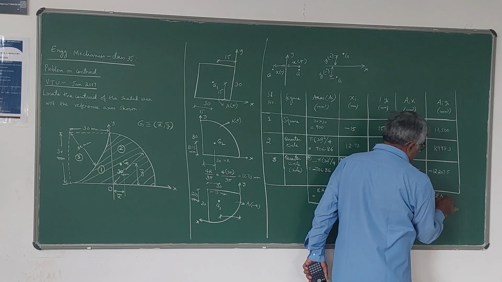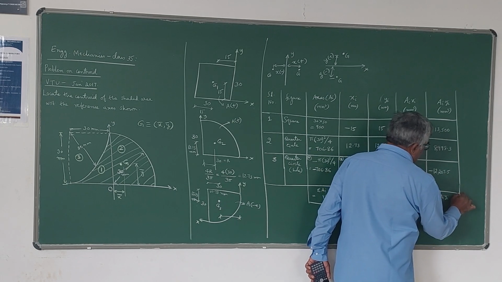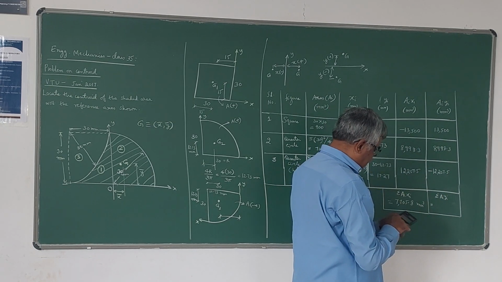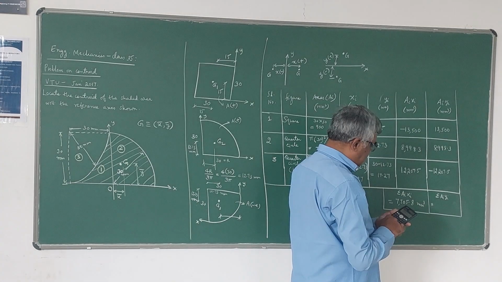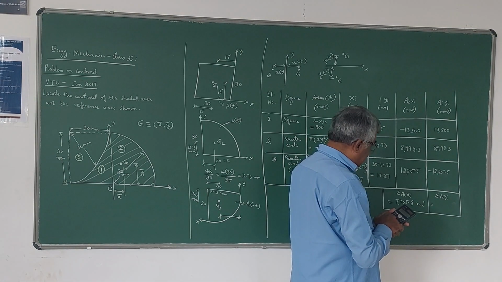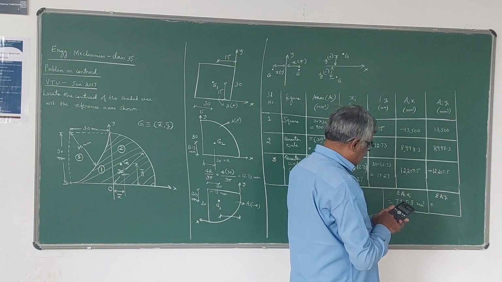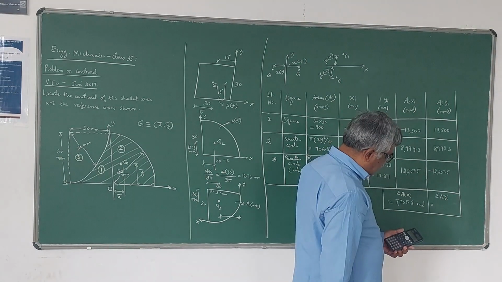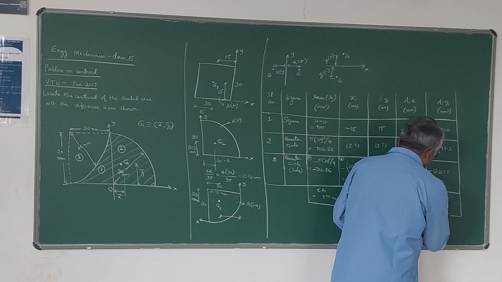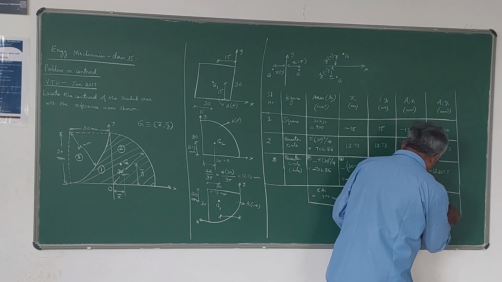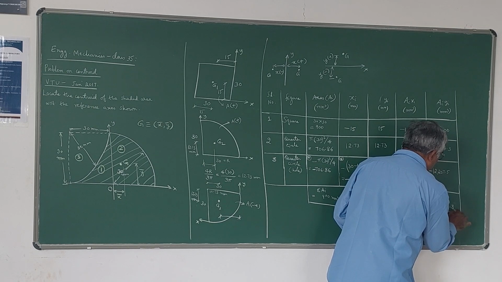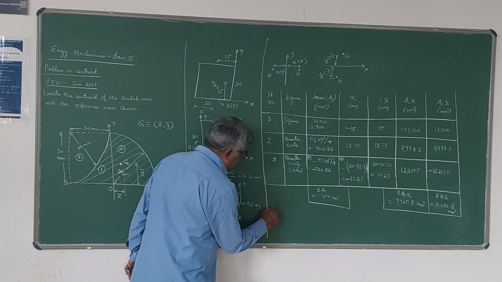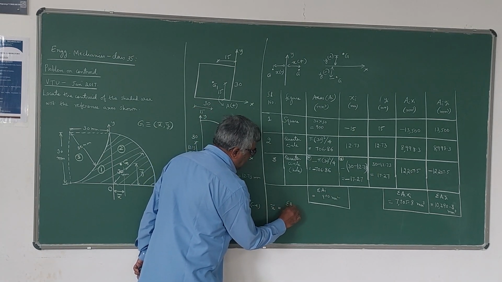Now if you add these three, you are going to get sigma AiYi. These two are positive, this is negative. So in this case it is 13,500 plus 8998.3 minus 12,207.5. It comes out to be 10,290.8 millimeter cube. Once you get these summations, you can easily calculate x bar using the formula sigma AiXi